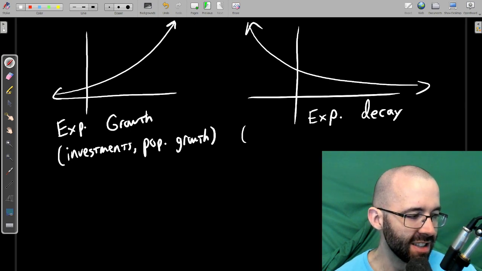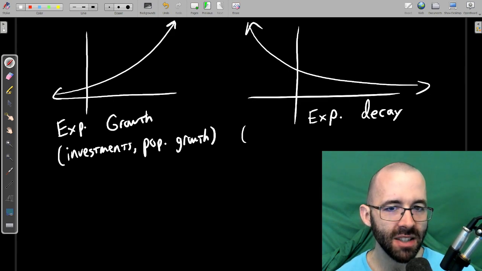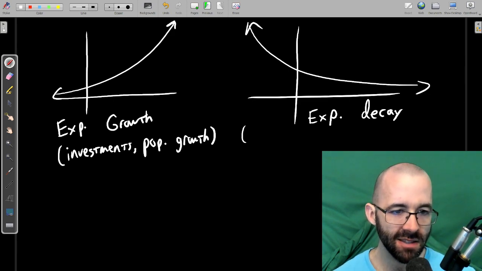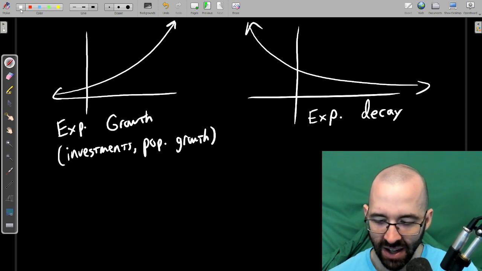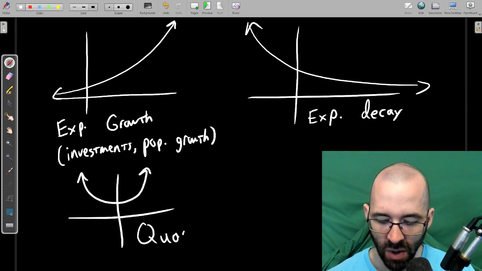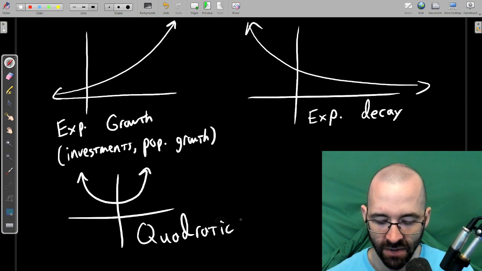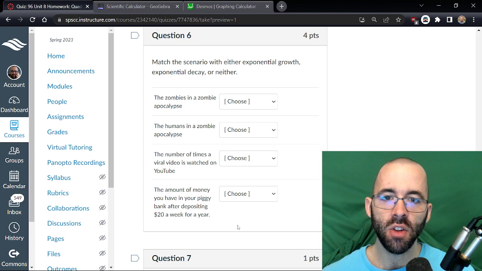Or if a population doesn't have enough food or something, then the population dying off can look like this as well. I'm not going to really write anything right here. I don't have good ways of saying that. And then remember that we have quadratics, is what we've been talking about earlier in this video. So for these kind of graphs, looking at these,